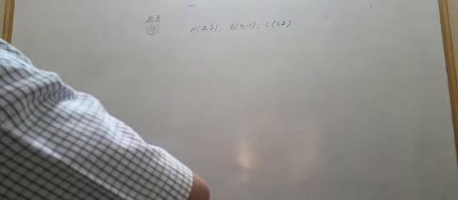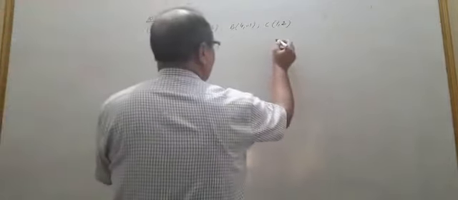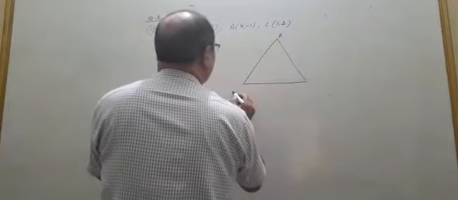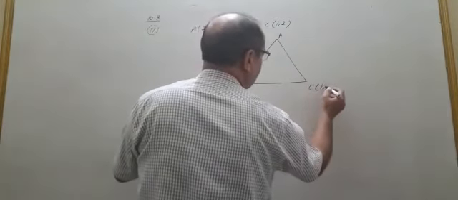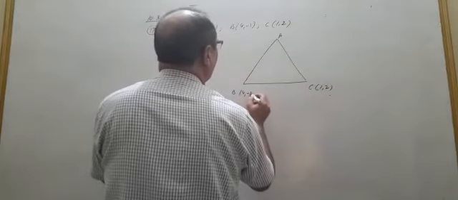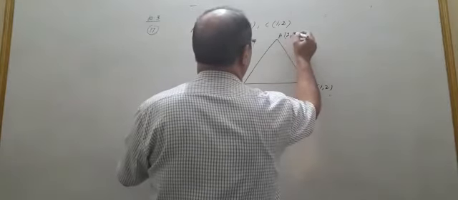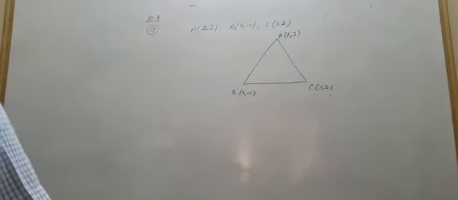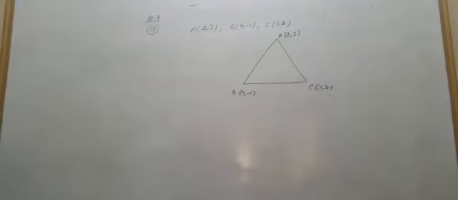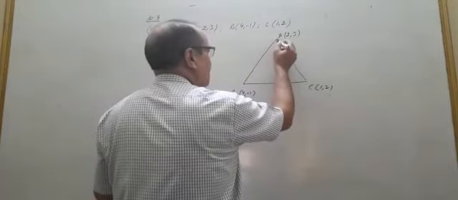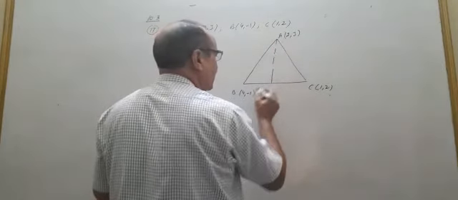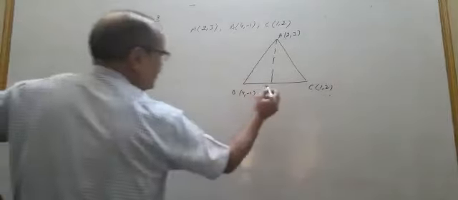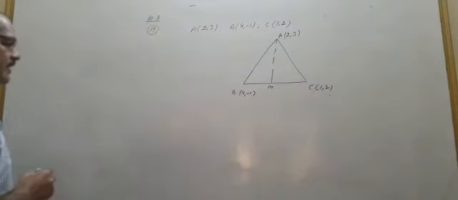फाइंड द इक्वेशन एंड लेंथ ऑफ द एल्टीट्यूड फ्रॉम द वर्टेक्स। ये आपको एक एल्टीट्यूड है दैट इज ए, ये बी है और ये सी है। सी के कोऑर्डिनेट 1 2 है, बी के कोऑर्डिनेट दिस एंड ए हैविंग कोऑर्डिनेट 2 and 3। अब आपको क्या करना है, फाइंड द इक्वेशन एंड लेंथ ऑफ द एल्टीट्यूड फ्रॉम द वर्टेक्स ए। अब इस वर्टेक्स से आपको लेंथ ऑफ एल्टीट्यूड एंड इक्वेशन ऑफ एल्टीट्यूड लानी है। तो कैसे, सबसे पहले मैं इक्वेशन ऑफ एल्टीट्यूड लिखूंगा, तो इसका नाम मैंने रख दिया m।